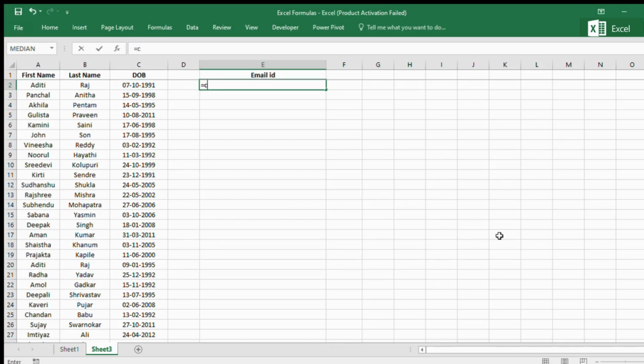You can do this by entering the following formula in column E: equals CONCATENATE, bracket open, in text 1, select first name from column A, comma, in text 2, select last name from column B, comma, in text 3, select their date of birth in column C. In text 4, type @gmail.com between the double inverted commas. Then close the bracket and press enter. You will get the unique email ID, and then drag the formula across the rows to get the email ID for everyone.